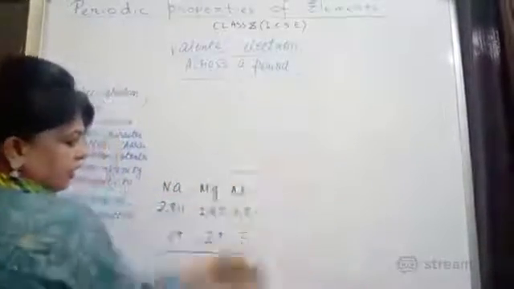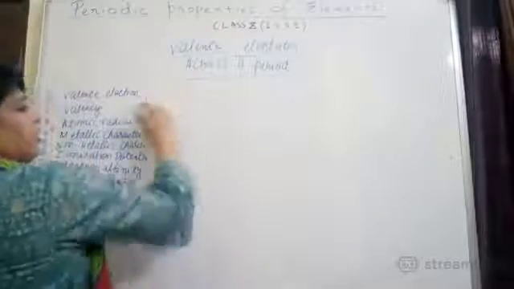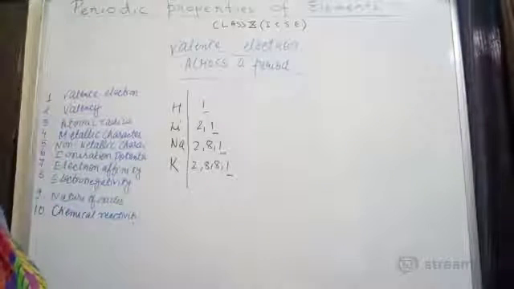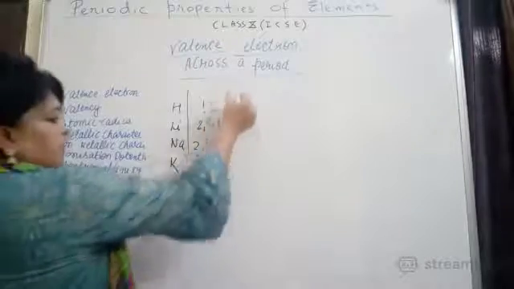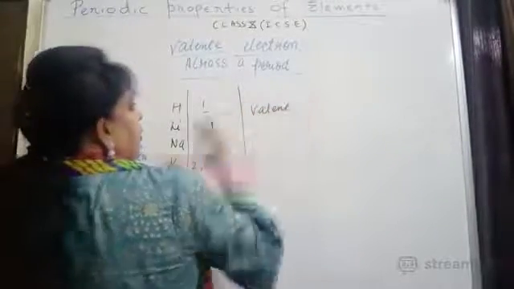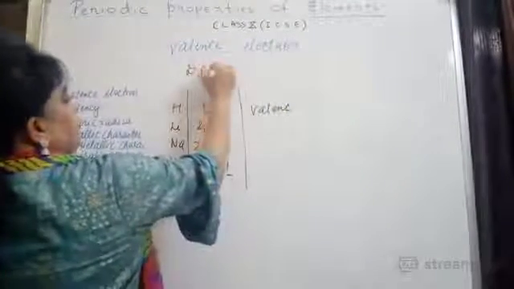Now we will learn how we can find out valency from the group. It is very easy to find out because group number means what? We have just now discussed hydrogen, lithium, sodium, potassium. So they have the same number of valence electrons, it means the valency also remains the same. So what we will write? Valency. Now this will become a down the group.